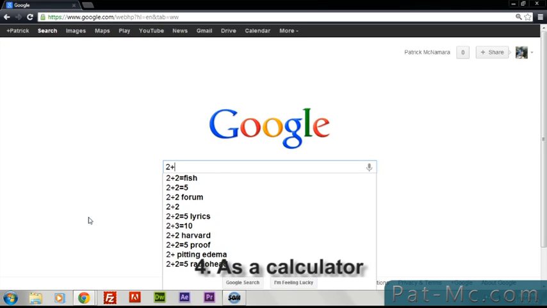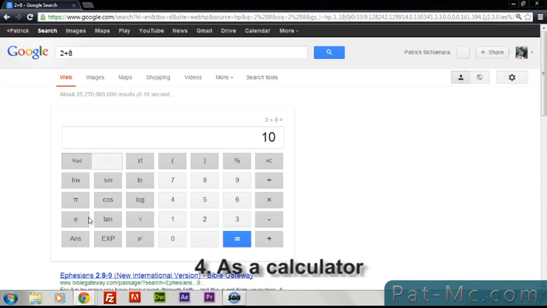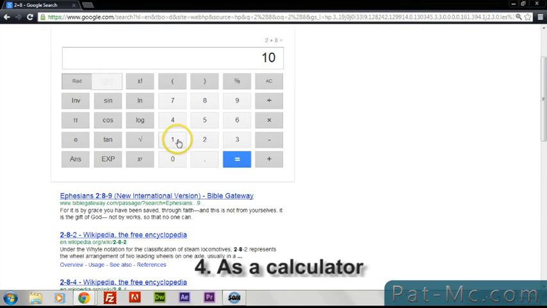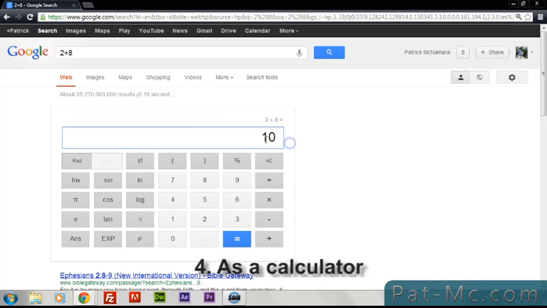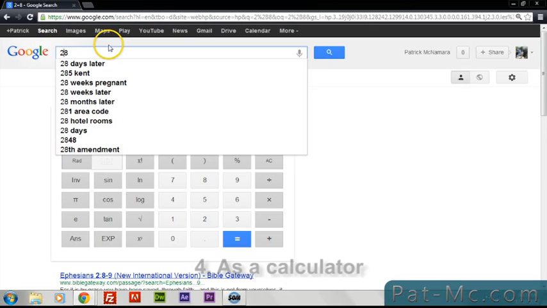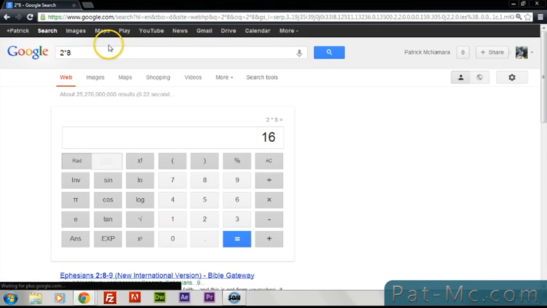So you could do basic things like 2 plus 8. And there you go. You have the calculator right in the search results. So you can edit it right in there or do a fresh search. So if you want to do multiplication, instead of going to the calculator first, you can use an asterisk for